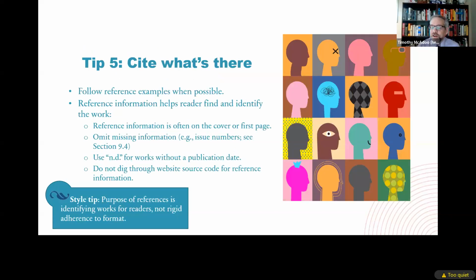Okay, thank you. Our fifth tip has to do with creating references and their in-text citations. APA Style provides a wealth of reference examples on the website and in the manuals, and in both cases, they're organized by type, which helps students find the example that best matches the particular work they're trying to cite. So if you have a magazine article, for example, you can use the periodicals template in chapter 10